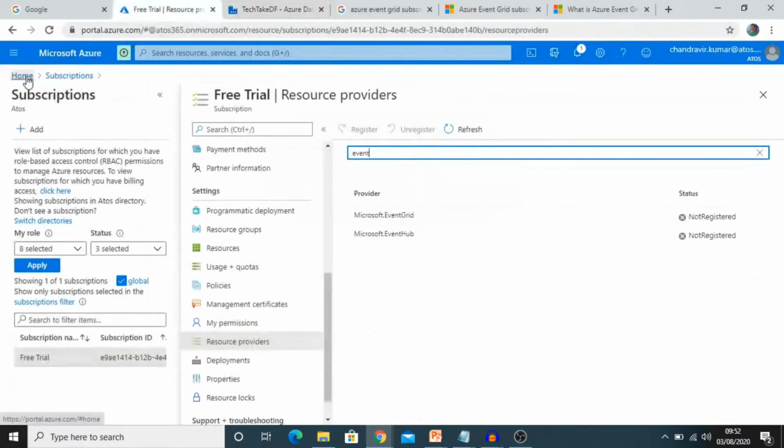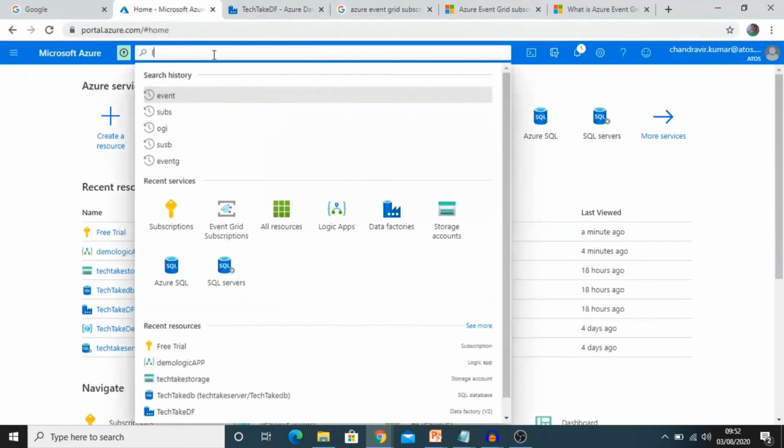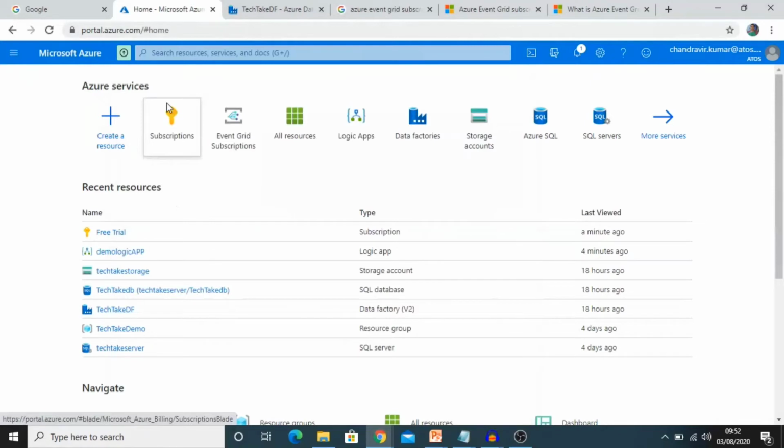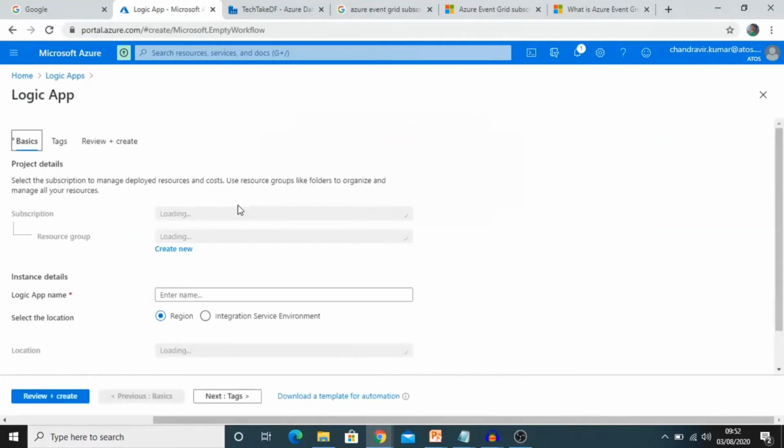Now let's go to home. For registering the event subscription you need a logic app, because we will use that logic app URL for the registration of Azure Event Grid. Let's create a logic app. If you search for logic app, you will get the option. Click the create button.